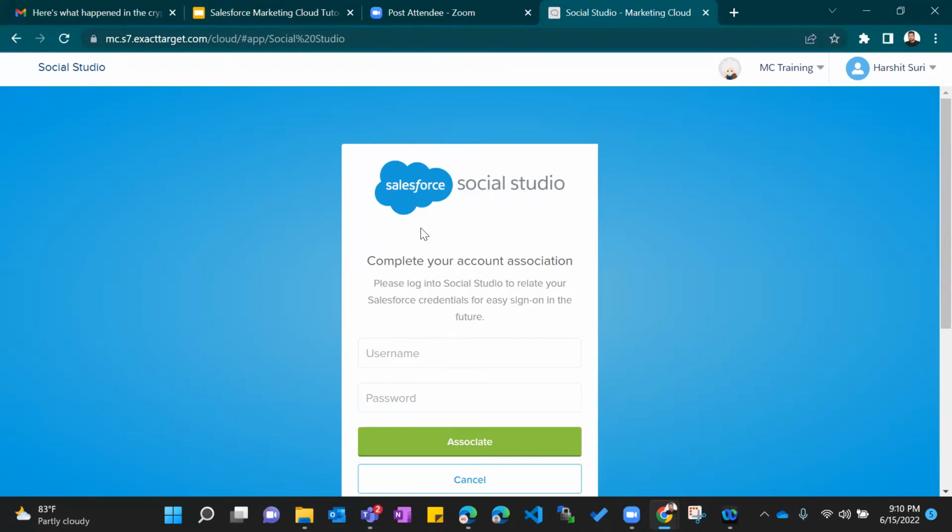Later on, you can opt for a 100% development training where I will teach you in detail the APIs, AMPscript, advanced concepts of AMPscript, SSJS, JavaScript, and SDKs. All these come under the development part, so that is a separate training. This is not a development training. In this training, are we going to cover the integration part like SOAP and REST?